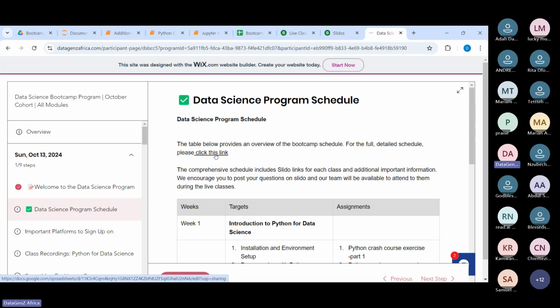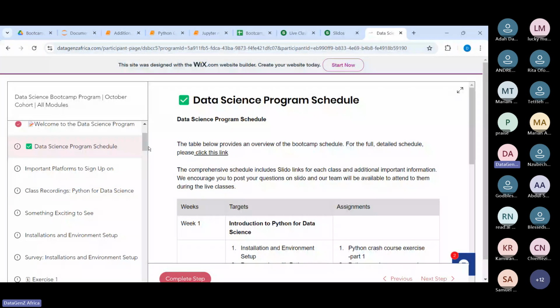So we'll be using this Slido link for each of the class sessions so as to coordinate our questions and answers, because most times you find out that a lot of questions get missing in our chats. People ask the same questions over and over again. So in order for us to coordinate our questions, we'll be using Slido for that. Okay, so you can always visit that ahead of the class to drop your